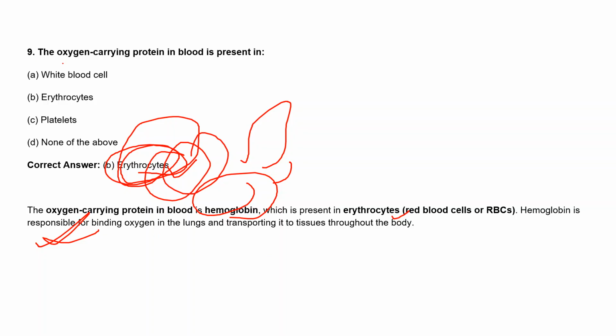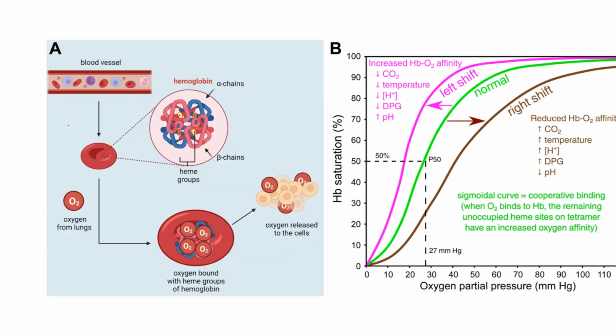The white blood cells don't have it. They help in fighting foreign materials. If any foreign material or antigen attacks the body, then the white blood cells help in fighting against the pathogens. So it is a part of the immune system. Erythrocytes have hemoglobin, which binds with oxygen and helps in oxygen carrying. So that's why erythrocyte is the right answer.